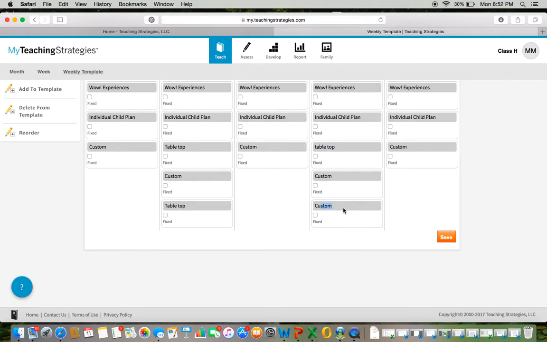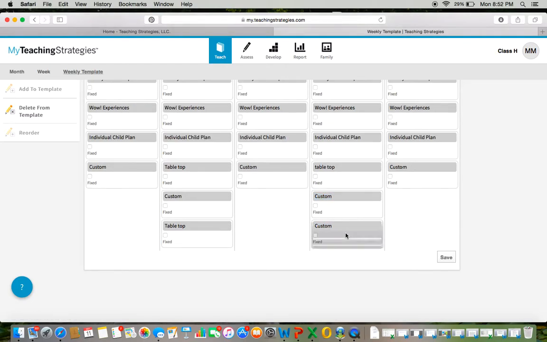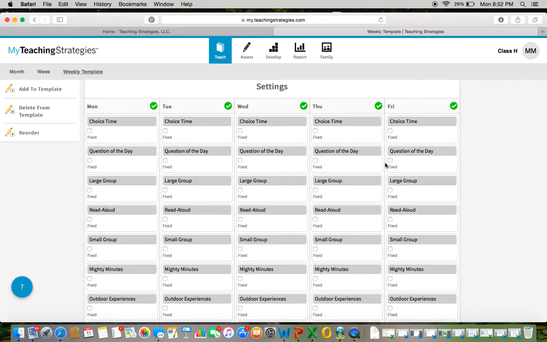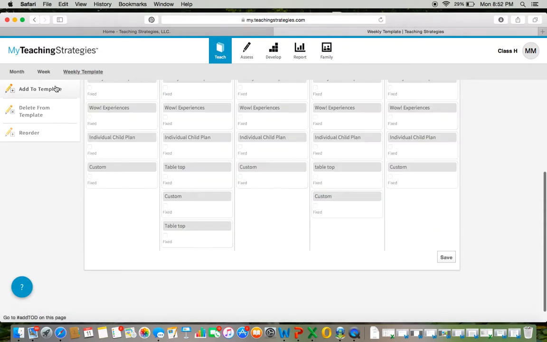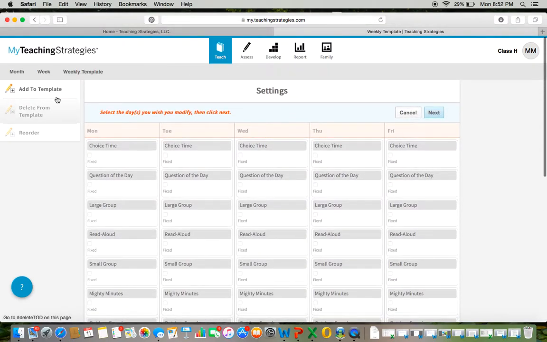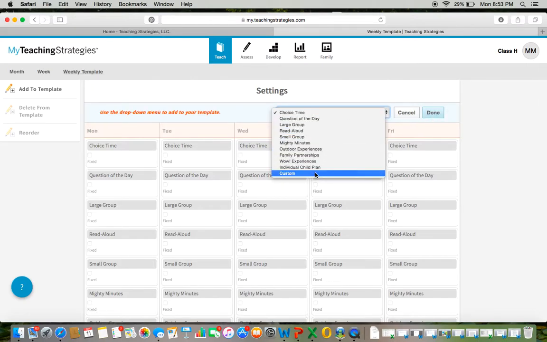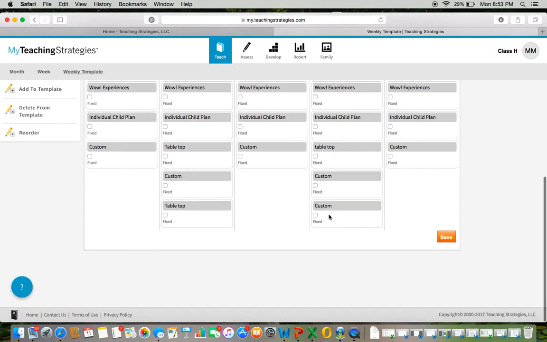So if that happens to you, you are unable to customize that custom time of day now. So now what you would have to do is go through and delete your custom. So I would delete that, and then you'd have to add it again to your template. So you would click add, click Thursday, hit next, do custom, hit done, then go through the bottom and hit